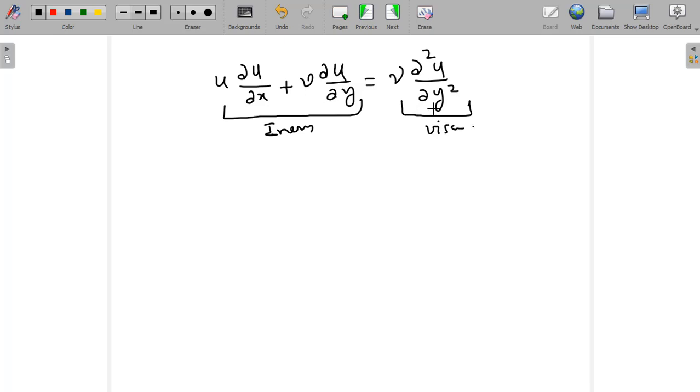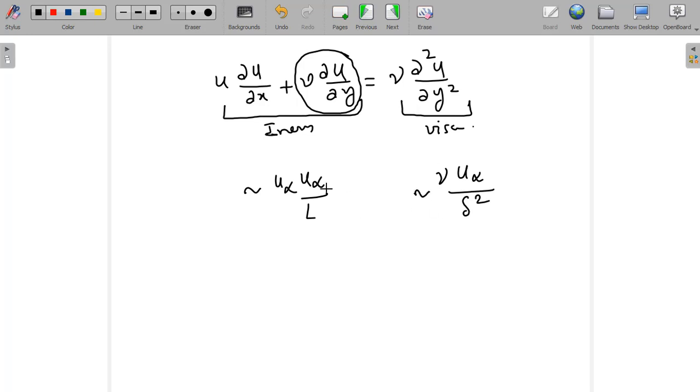Okay, if they are the same, then you can definitely write the order of magnitude of the inertia term. The order of magnitude of the inertia term is u infinity into u infinity divided by L, and definitely you can also see that the order of magnitude of this term will be the same. So we are not writing separately or adding; one term is sufficient. So this is the order of magnitude of the inertia term. What is the order of magnitude of the viscous term? Nu into u infinity by delta square. Okay, this is the order of magnitude of the viscous term.